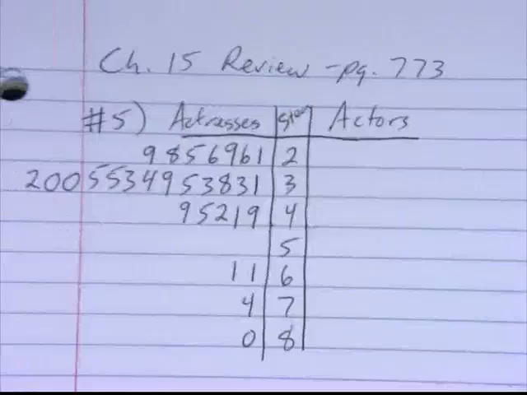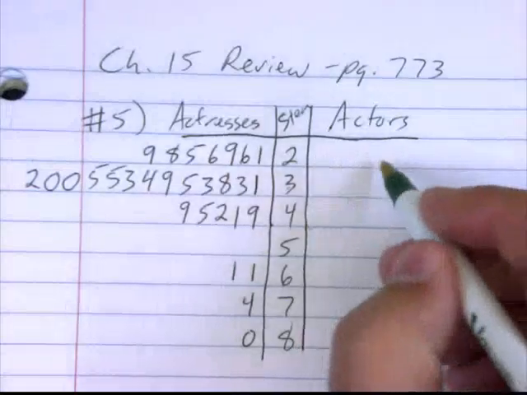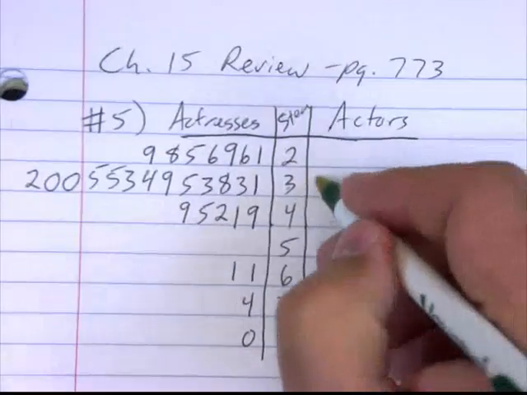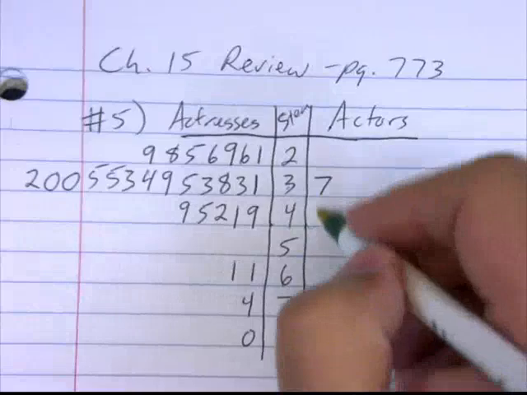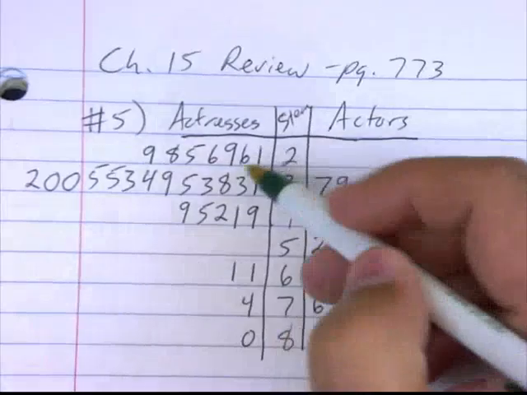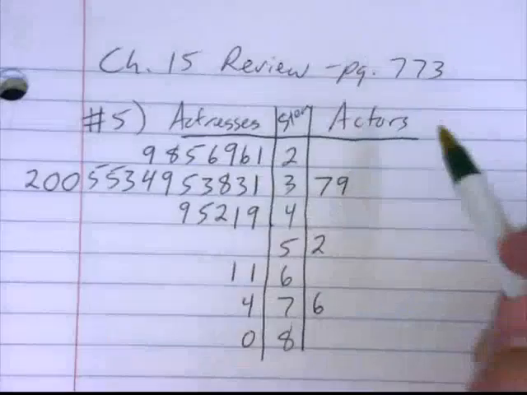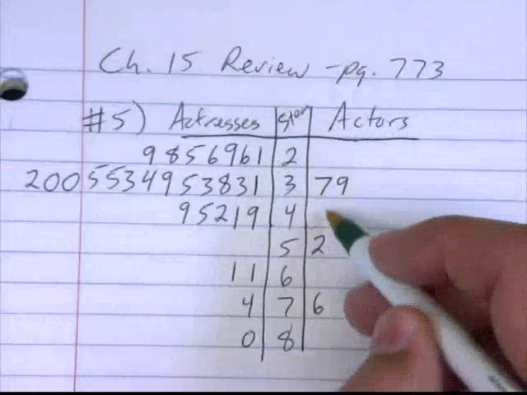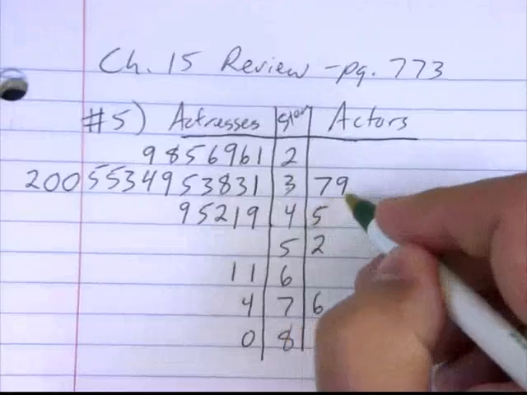So here is my stem and leaf for the actresses. And then I need to do it for the actors, so I'm going to do the same thing but over on this side. So I have 37, 76, 39, 52. And you'll notice I'm trying to line these up so it's kind of acting like a bar graph here. So let's see here, 39, 52, 45, 35,